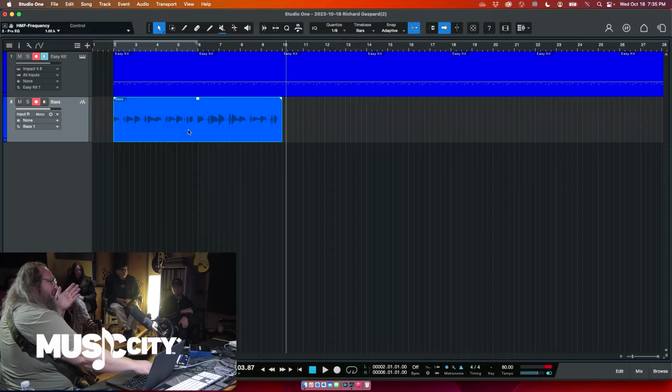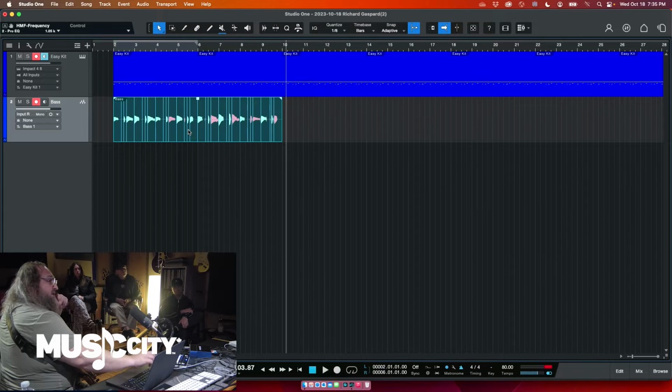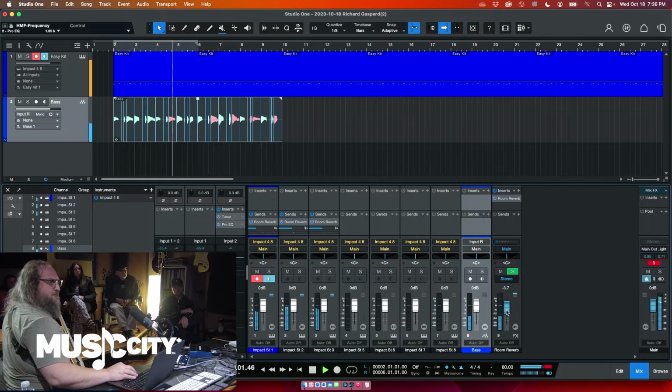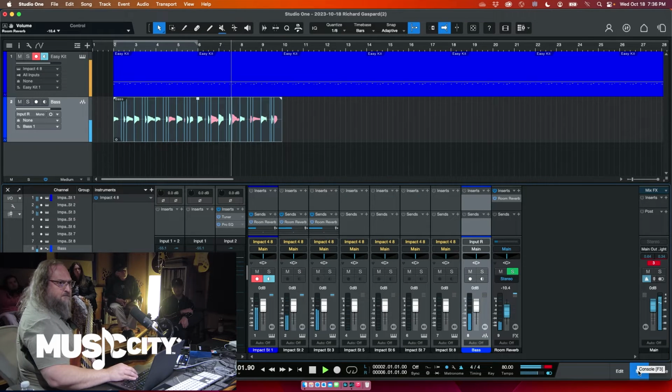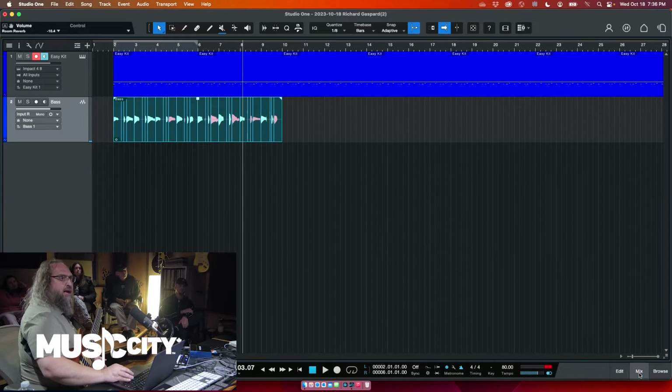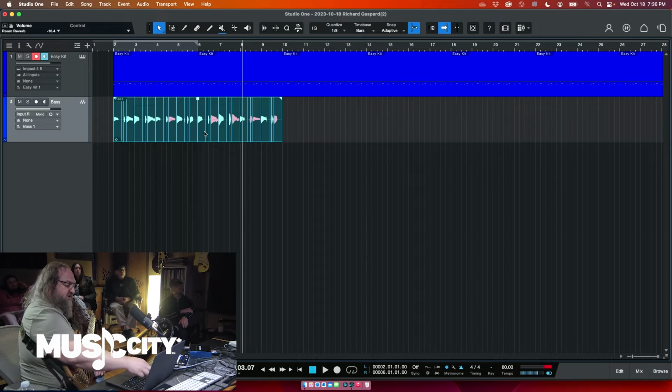You'll see it move a little bit. I played it pretty solid, but you'll see it move a little bit. So it's going to give you a bunch of lines that it's marking, and then it's going to move the notes. So here we go, quantize, boom. Now it's going to be pretty solid in there. Right? Okay, and I want to make this twice the length it is, so I'm just going to duplicate